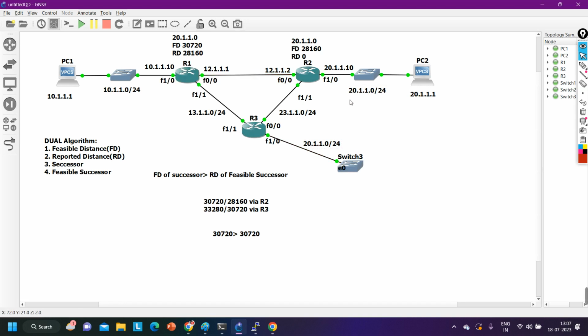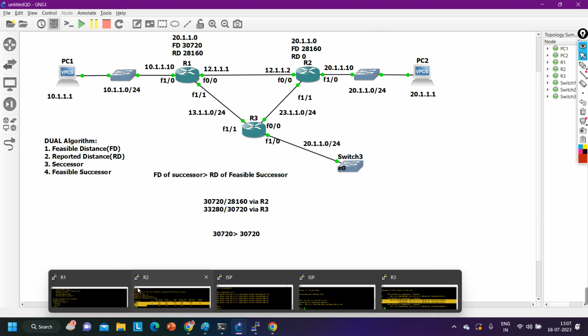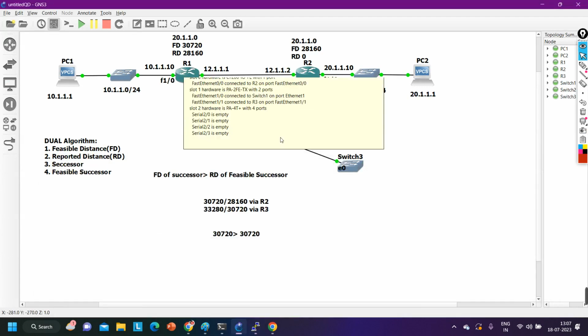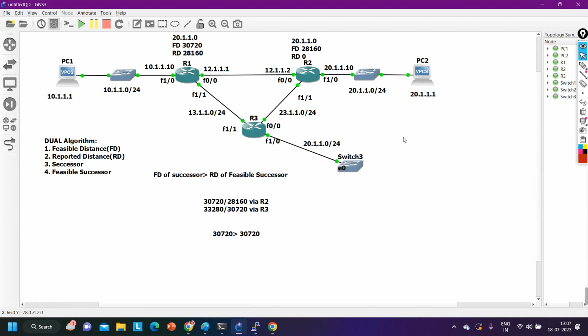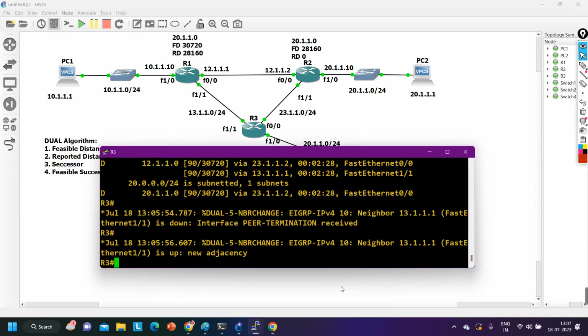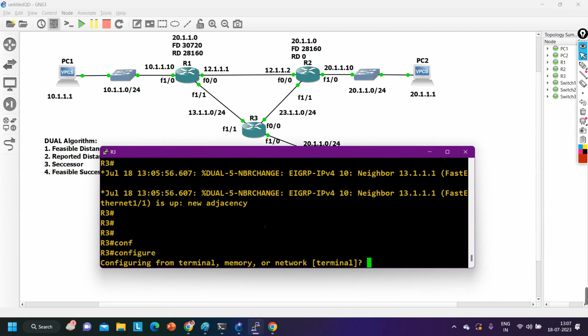So this time a router will receive the 20.1.1.0/24 network from two sides with equal cost, with equal metric from both sides. So router 1 will perform what? Load balancing. And on router number 1, guys, how many paths will it install for 20.1.1.0? 2 paths. In the routing table, if you want to see,